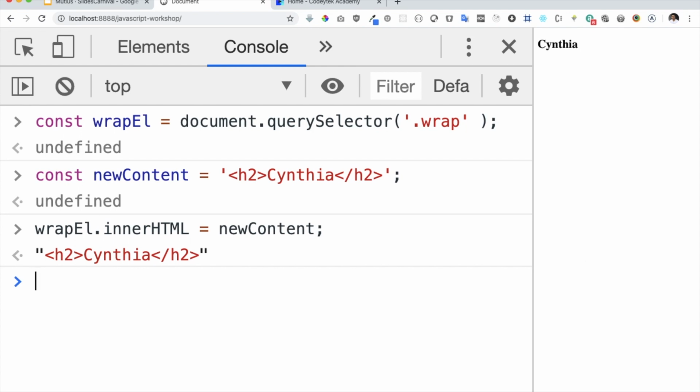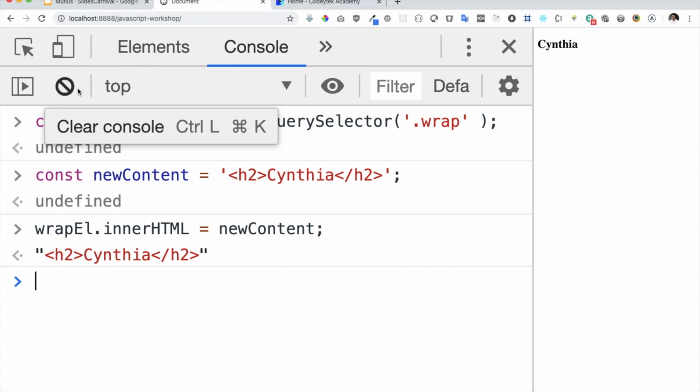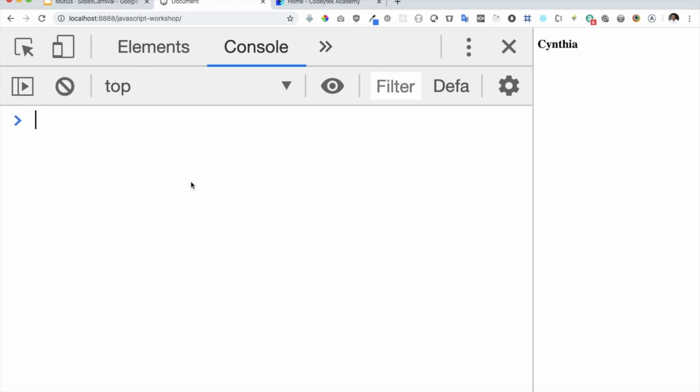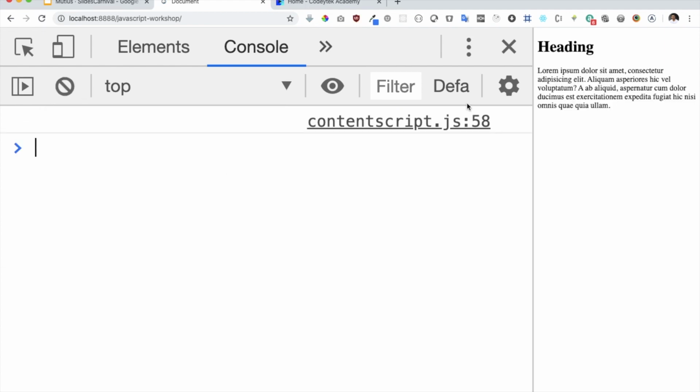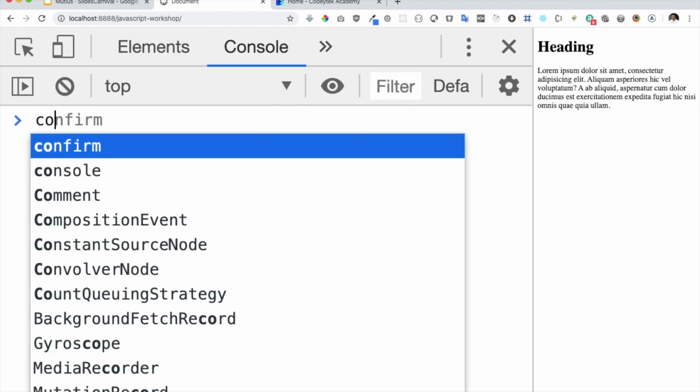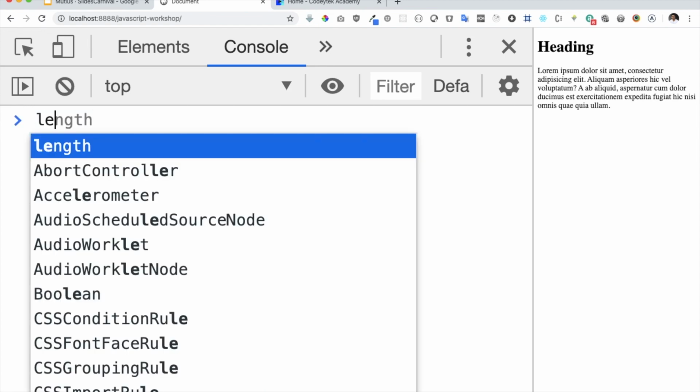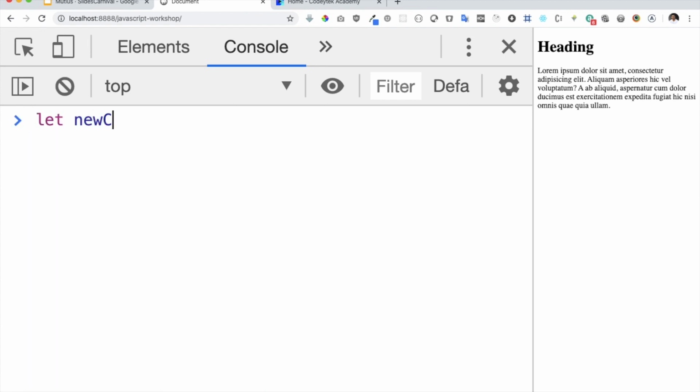Okay, awesome. Now, what if you had to put more content inside of it? How do you do that? So I'm going to refresh it again so that you get the hang of grabbing hold of the element. Let's say I'm going to create some content like newContent equals, and first I take a div, just the opening of the div,